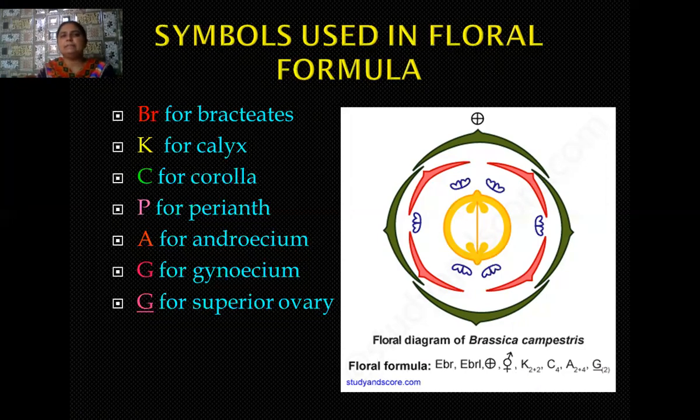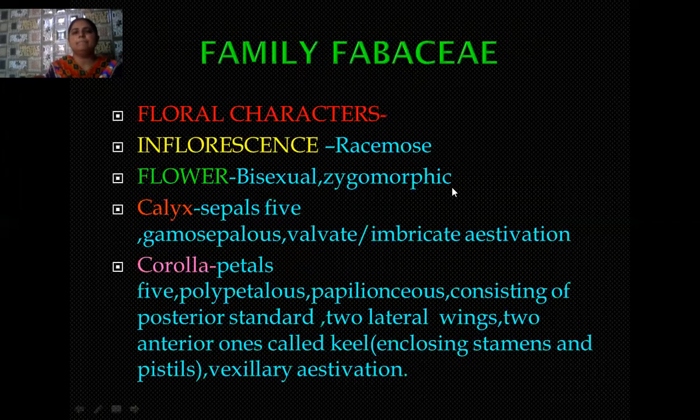Then we have calyx. How many sepals are there? 4 sepals are there. Then corolla, how many petals are there? So 4 petals are there. Then androecium. So androecium 2 plus 4. That means 2 stamens are present in one whorl, and then we have 4 stamens. Gynoecium 2, that means the ovary contains how many carpels? 2 carpels are there. It is a bicarpellary ovary. And all of these carpels are fused, and flower is hypogynous and ovary is superior.